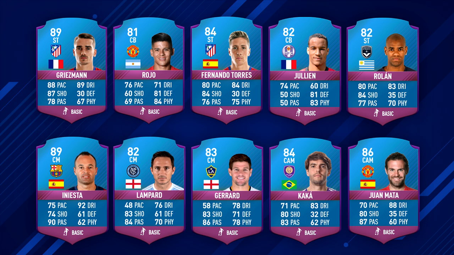And also players who wear the number 8. So obviously we saw Joulumas, players with a certain shirt number were released with cards on certain days of December. And also we could potentially see this, obviously the 8th anniversary of Ultimate Team, so Iniesta, a very famous player who's worn the number 8, Lampard and Gerrard, Kaká and Mata all wear the number 8, and there are a couple of other players as well, and both of these are things that I could potentially see EA releasing,